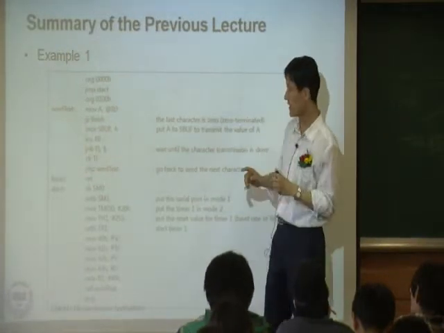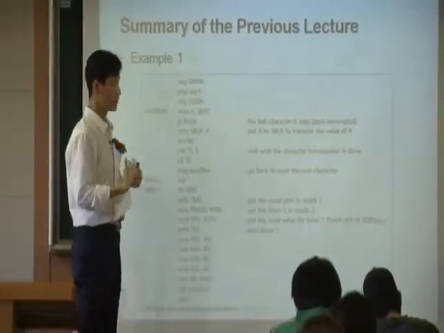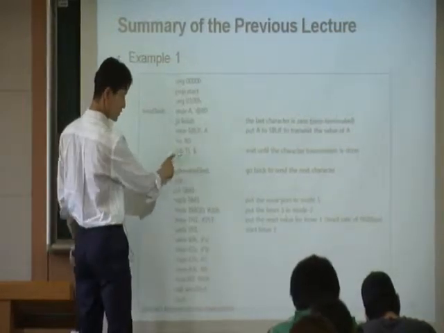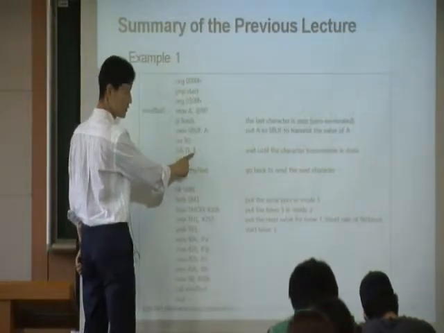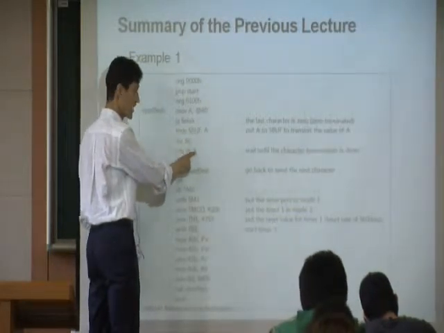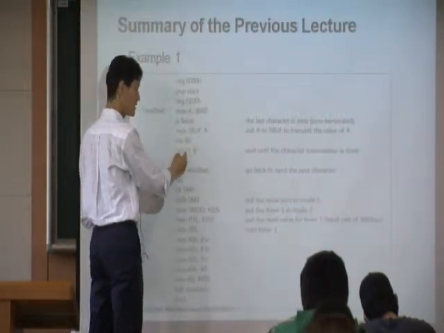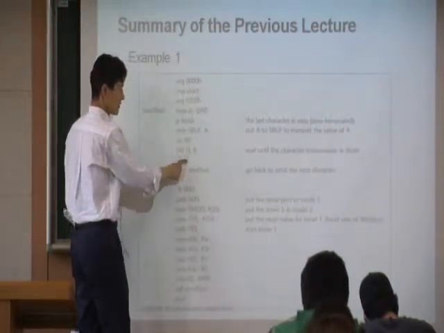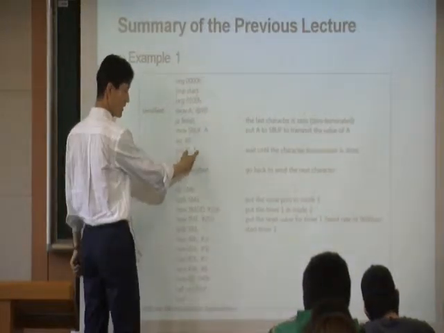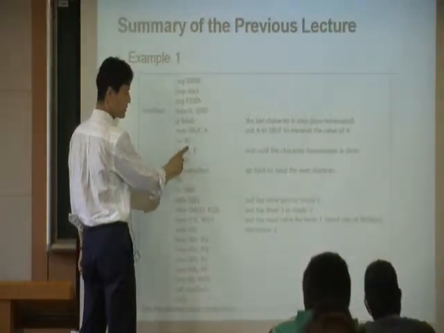Now the hardware will set the TI bit to 1. So from the software point of view, we need to wait until the TI becomes 1. So that's what we do here. We just wait. What was the dollar? Dollar means it jumps to its own address. It's like a label, the same label, but that label is for its own. So you're just doing a loop back inside of its own